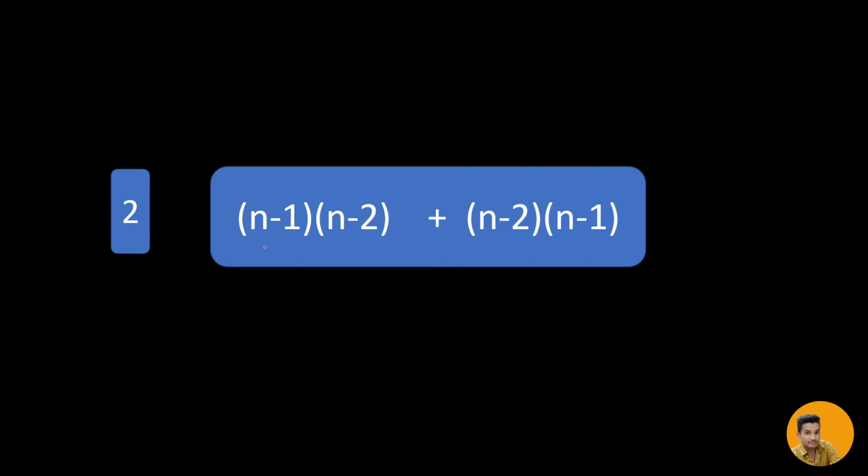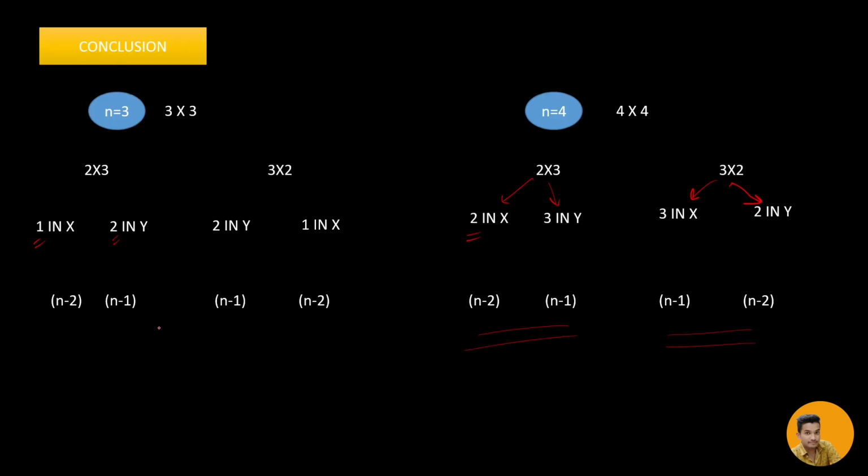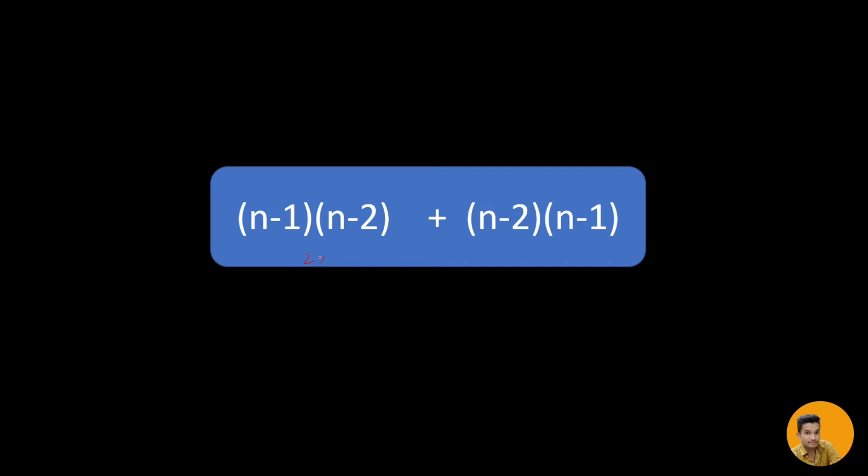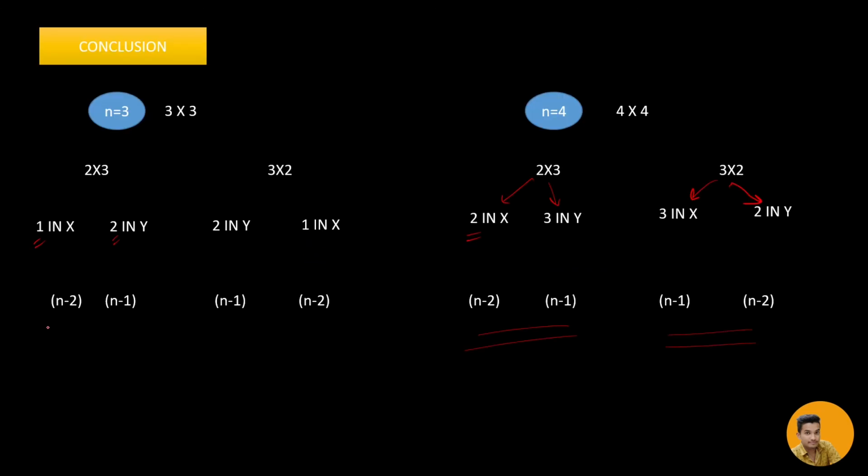So basically this is only written for 2 cross 3, if say 2 cross 3 or 3 cross 2, and this is another example, right?